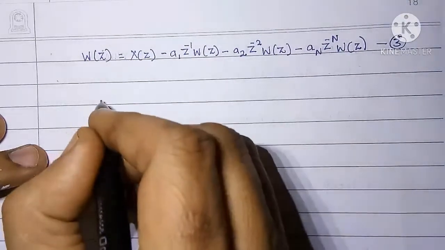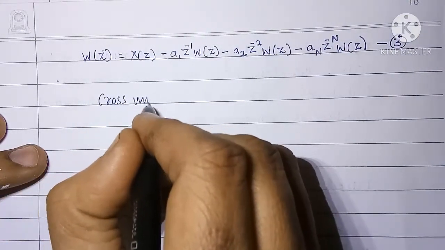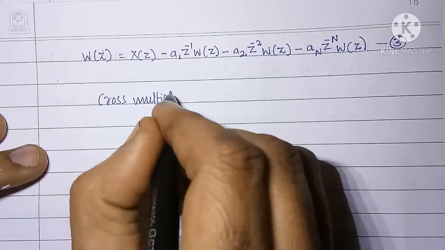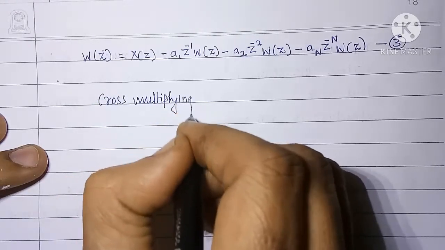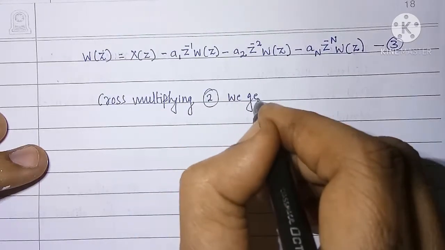Next, cross multiplying equation 2 we get